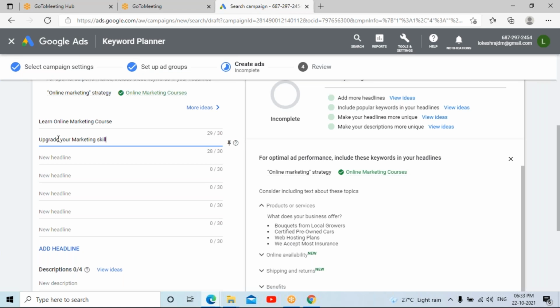Make sure that you add a minimum of 2 to 3 headlines.